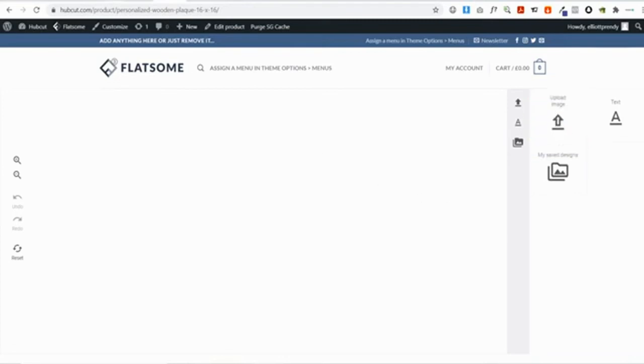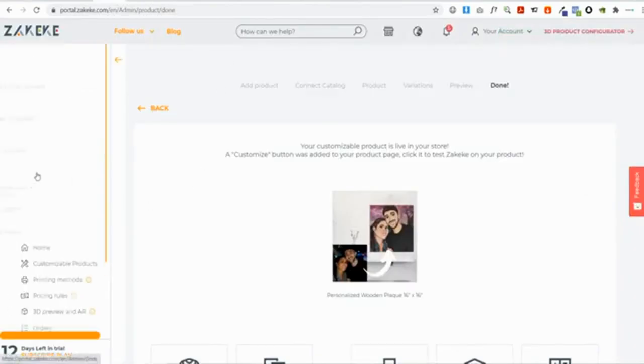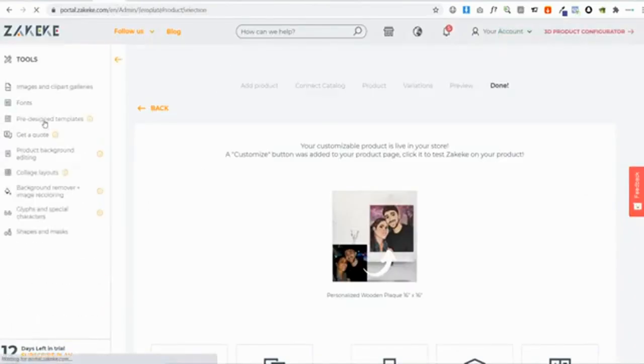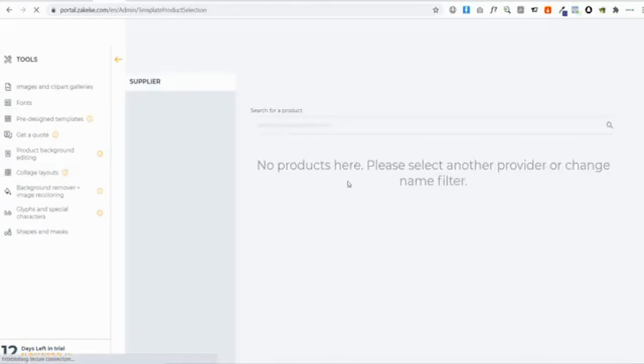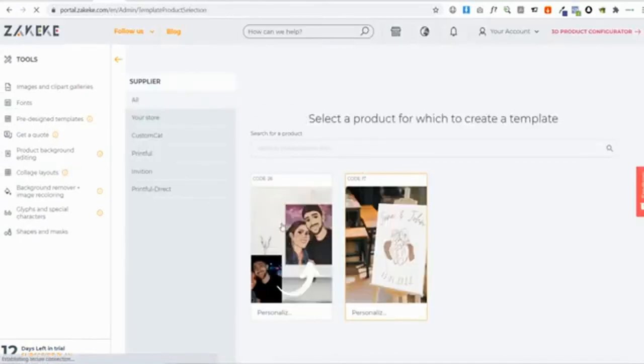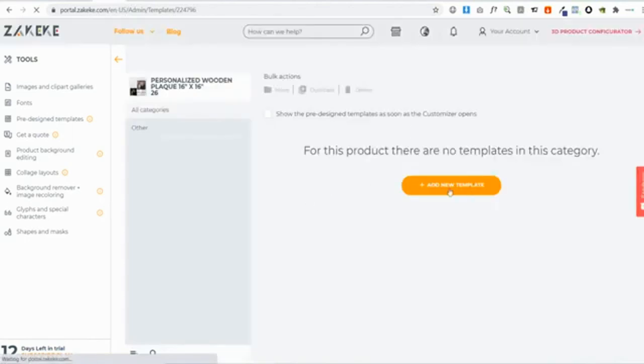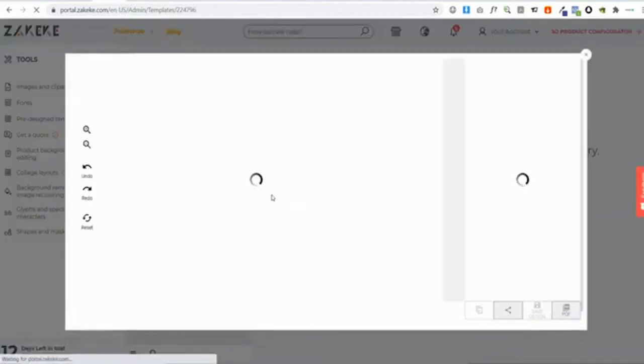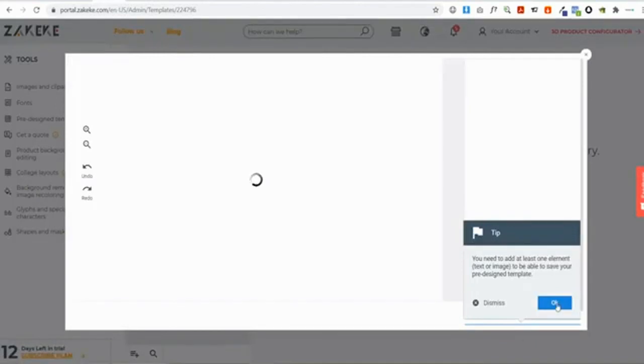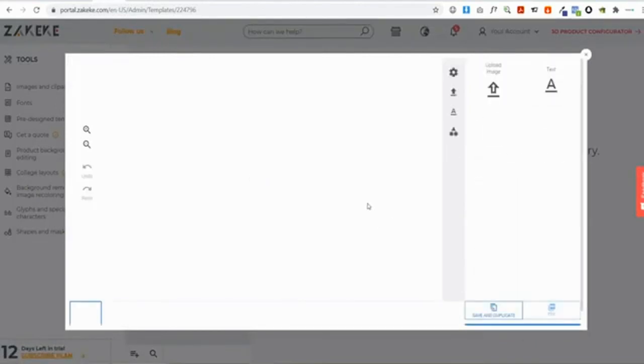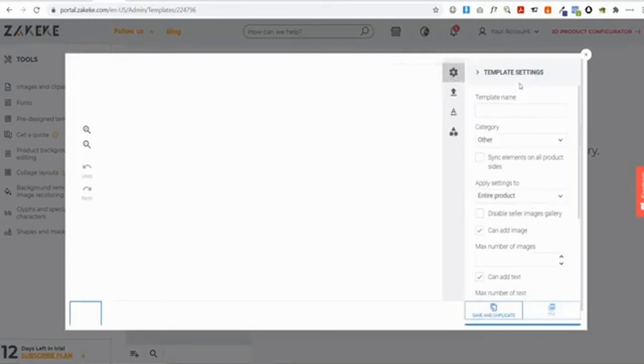the image. So if we just go back into Zakeke, we can go to tools over here, we can go to pre-designed templates, and we can add another template. So this time I'm going to choose this image over here, sorry, this product, and we're going to add new template. So now we have added the new template. We'll just hit OK over here. And basically what we can do is go to template settings, and you can choose the template name. So we're just going to call this personalized